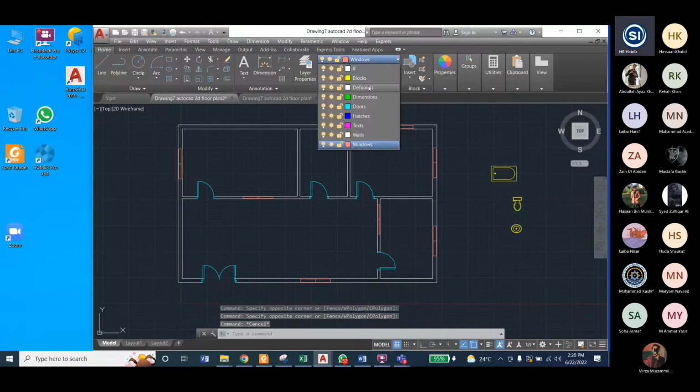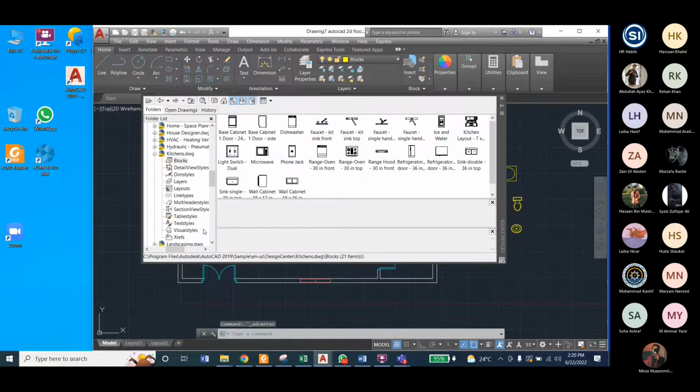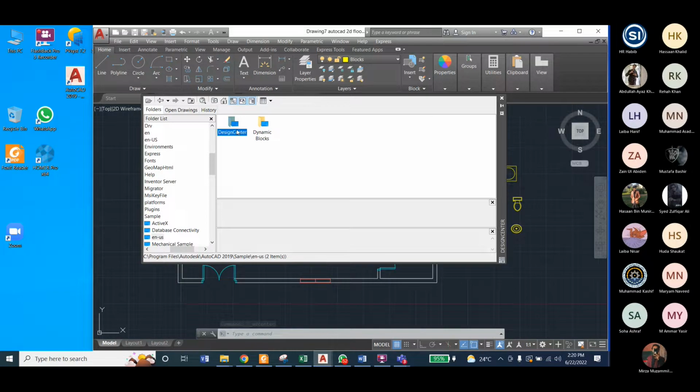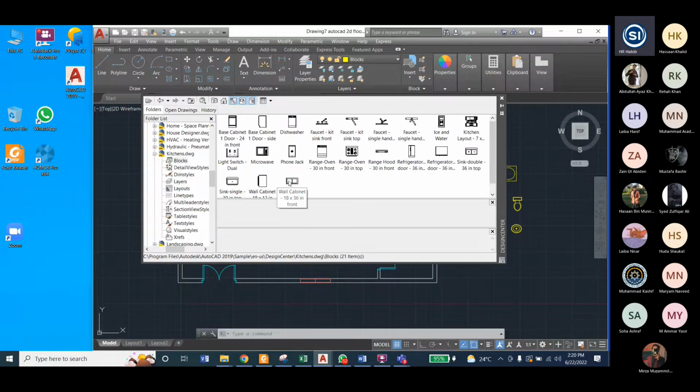Now click the layer blocks. Okay, so color is changed. Now again go to Control 2 and home, and there is an ENUS design center kitchen blocks. Which we need first one is, for example,